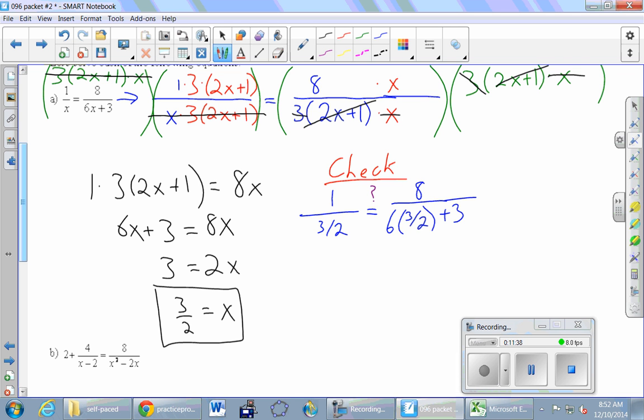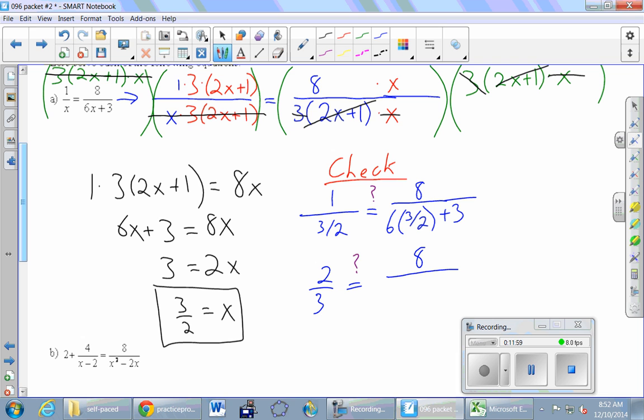Okay, we know taking 1 and dividing it by a fraction has the effect of flipping that fraction over, right? Reciprocal. That becomes 2/3. Equals, again, question mark, 8 divided by